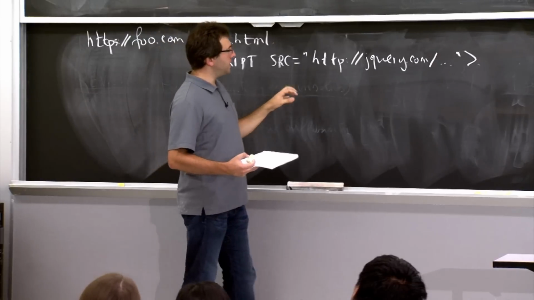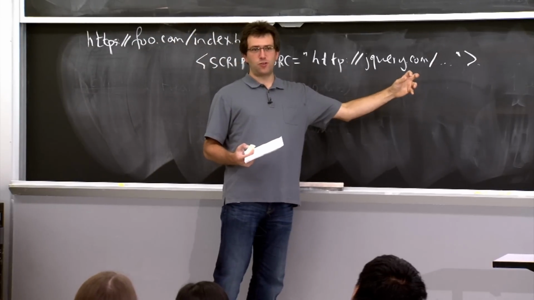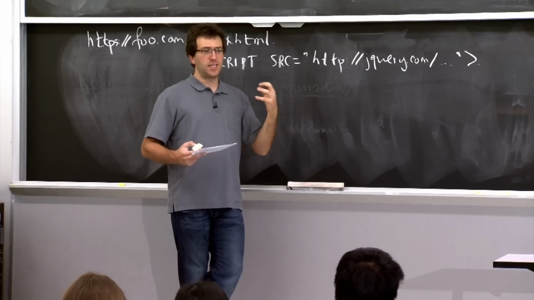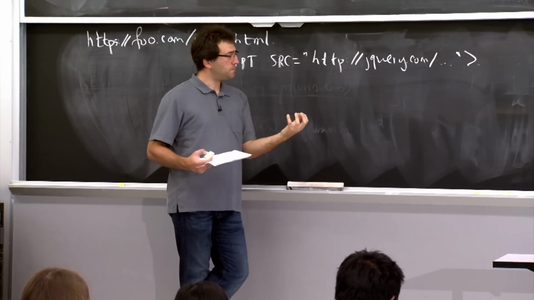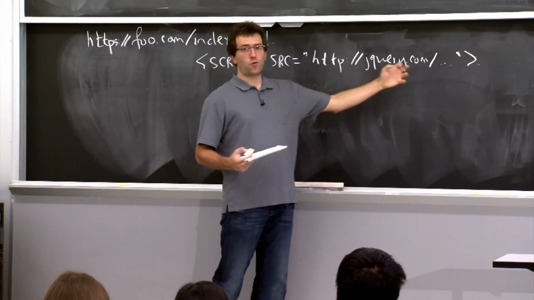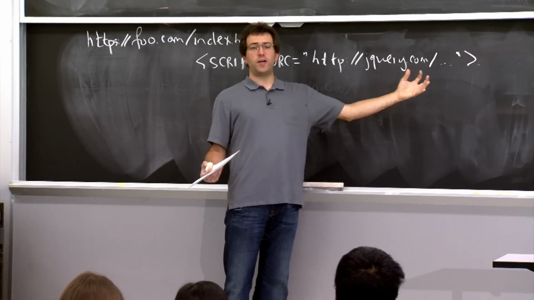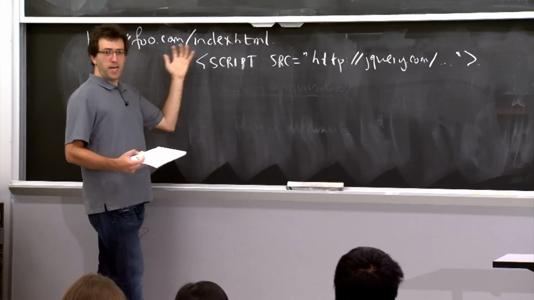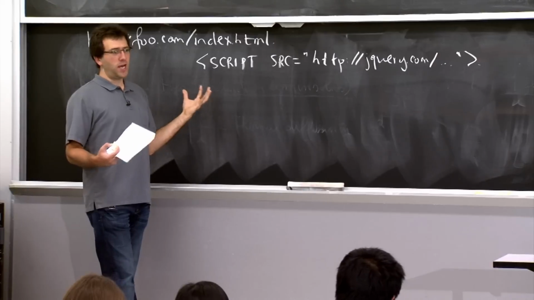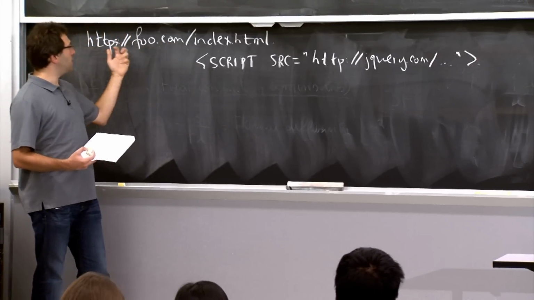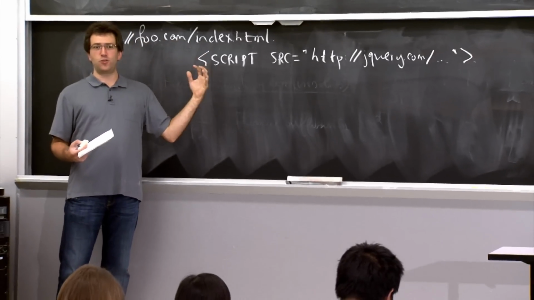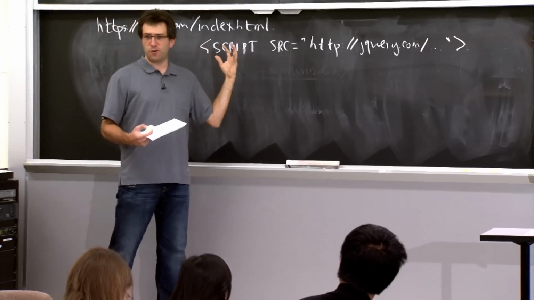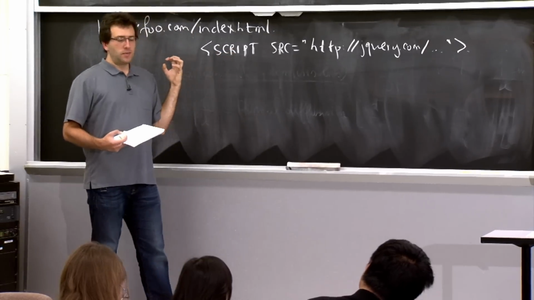Another problem is that this request is going to be sent without any encryption or authentication over the network. So if an adversary is in control over your network connection, then they could intercept this request and serve back some other JavaScript code in response. And this JavaScript code is going to run as part of this page. And now, because it's running in this HTTPS foo.com domain, it has access to your secure cookies for foo.com and any other stuff you have in that page, etc. So that seems like a really bad thing.